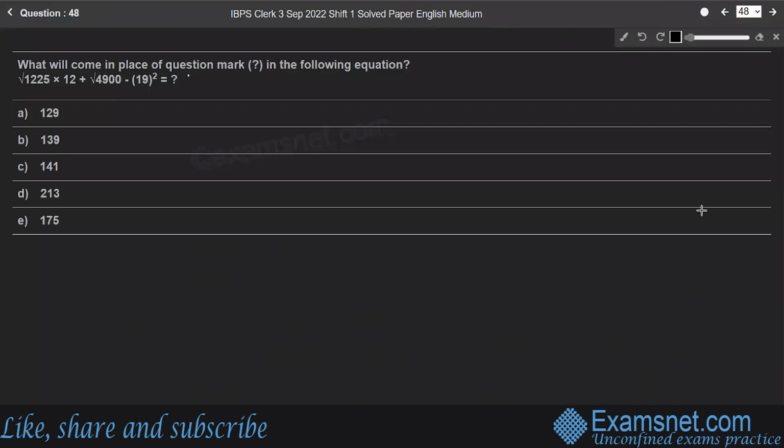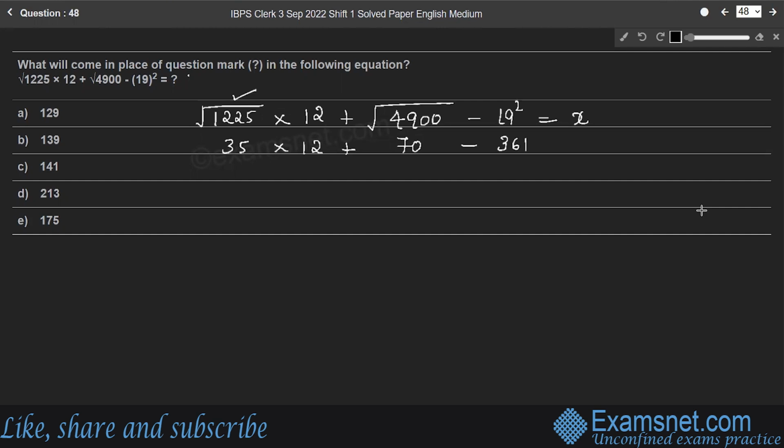Question 48. What will come in place of question mark in the following equation? Root of 1,225 into 12 plus 4,900 minus 19 square is equal to x. So find the value of x. Here root of 1,225 is 35 into 12 plus root of 4,900 is 70 minus 19 square is 361 is